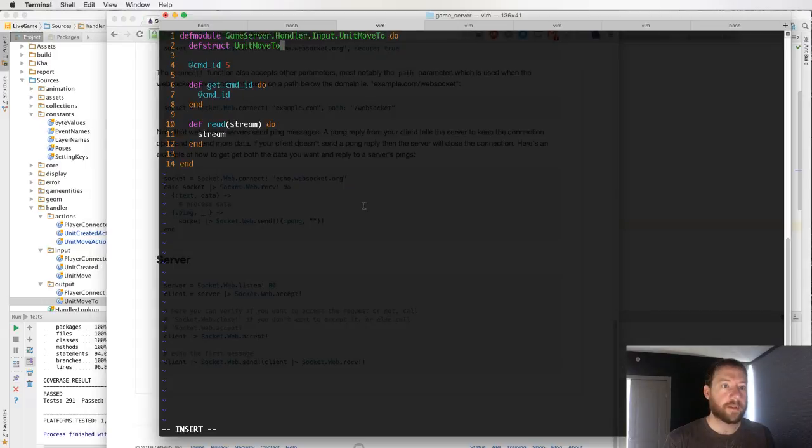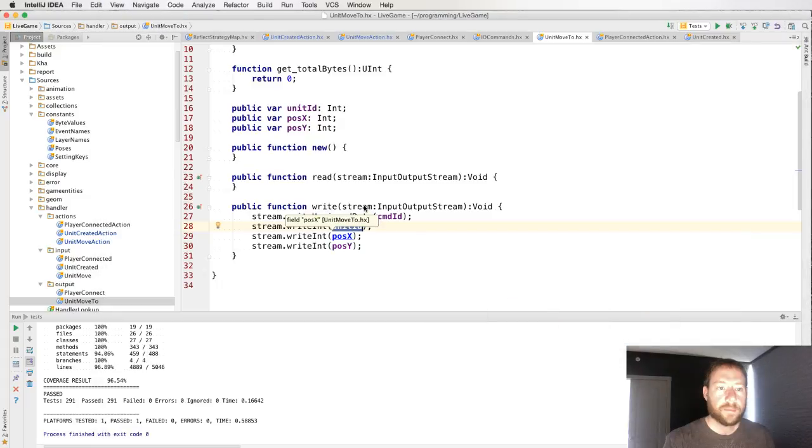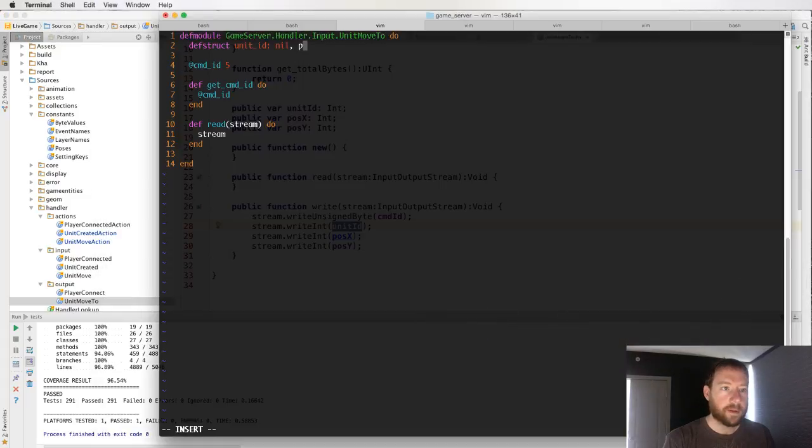Oh, okay, so we're just going to call this unit ID nil. We're going to have position x nil, position y nil. Right, and then it's going to read 3 ints. We're going to do string. Okay, we're going to do